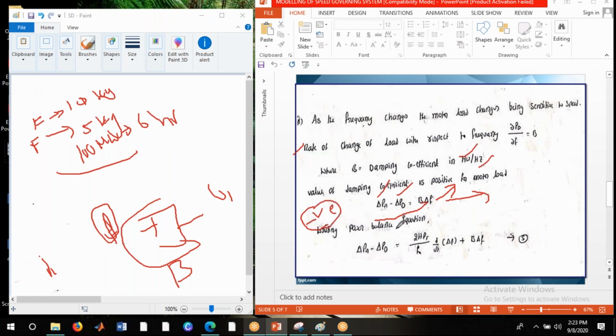Now writing the power balance equation. This is called the power balance equation, and it is obtained by adding the two equations from case 1 and case 2. This is the equation from case 1, with respect to the kinetic energy, and this is the equation from case 2, the load demand with respect to the frequency. By adding these two equations, we find the transfer function we can obtain from this equation 5.